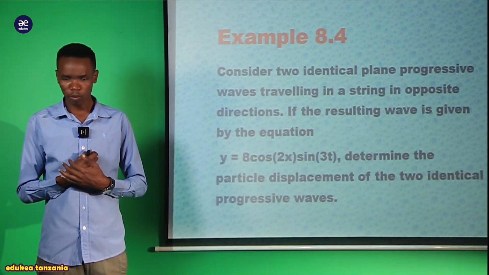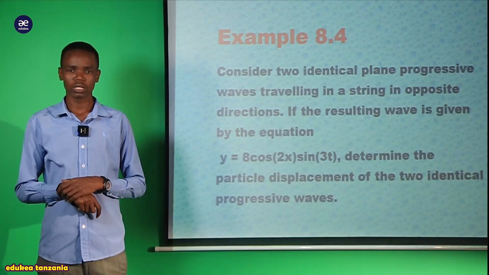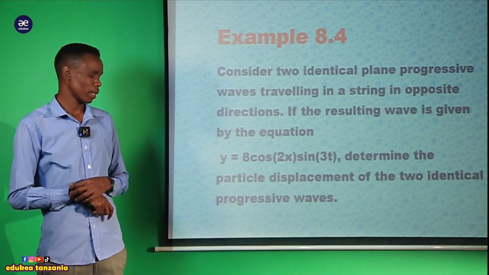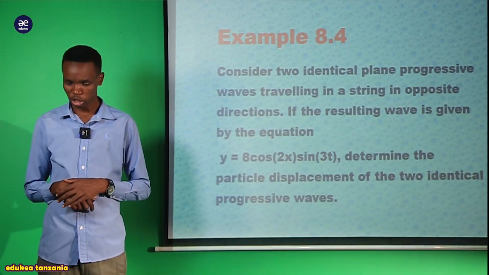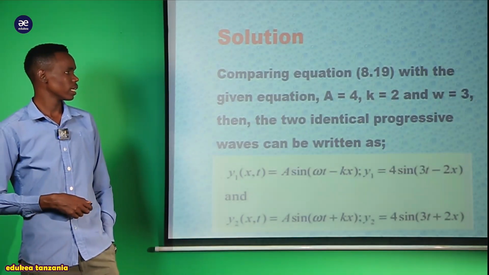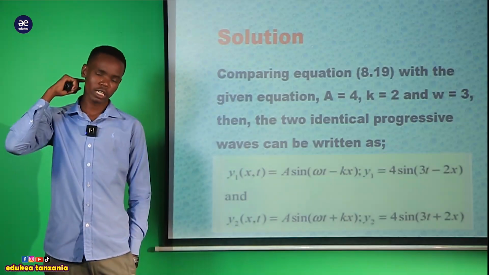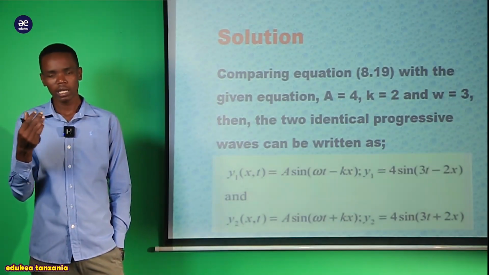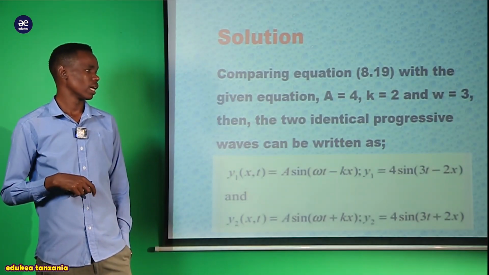This is what we have been supposed to do in order to determine those two identical particles at displacement traveling in the opposite direction in a string. So after there, as we've seen here, we have been told to go for the equation number 18, as I started to summarize. Let us recall the equation number 18, number 19 for the topic number 8, and make